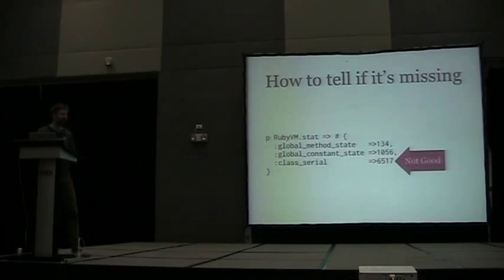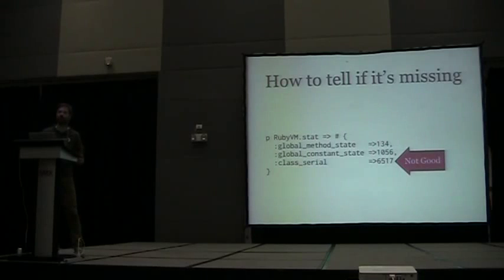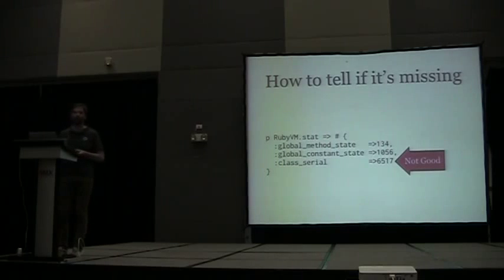If the class serial number changes, that's not very good. It's not good, but it's not the end of the world. You don't want it to change. Ideally, this number will, what do you call it? It'll stop changing eventually. You'll actually see this number change during startup of your application, but it should stop changing eventually at runtime. Now, I wanted to show an example of this